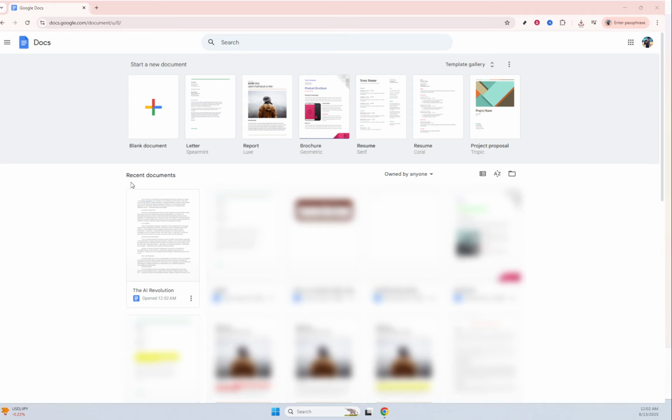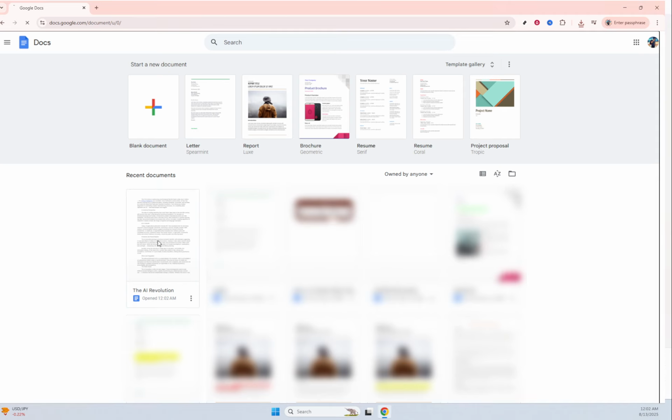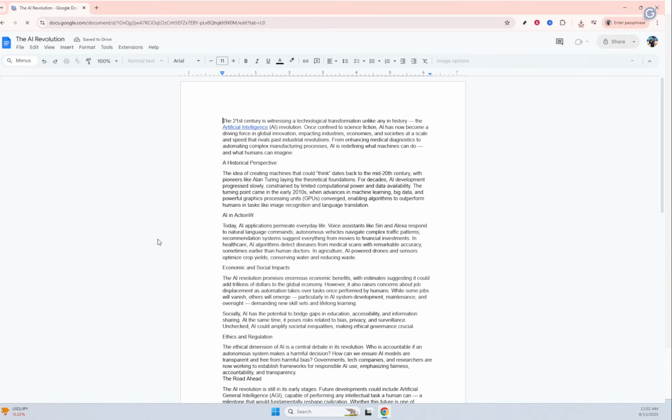First things first, you need to open Google Docs. You can head over to docs.google.com and log into your account if you haven't already. Once you're in, you'll want to select the specific document you want to work on. Just find your document in the list or create a new one if you need to and click on it